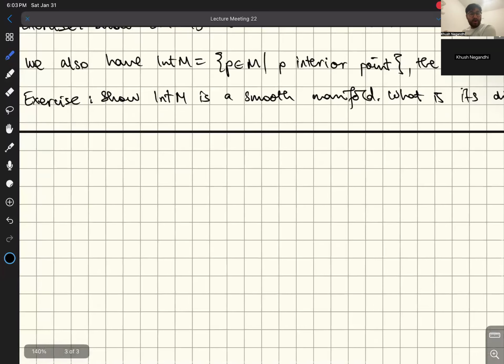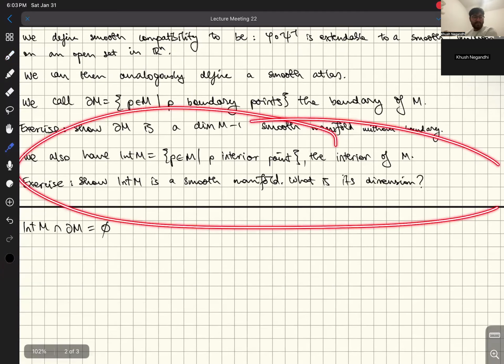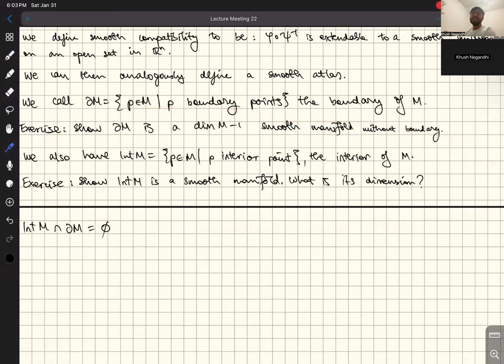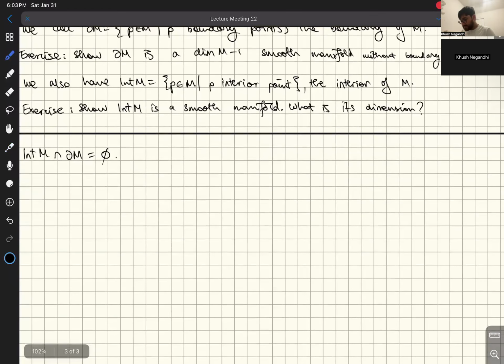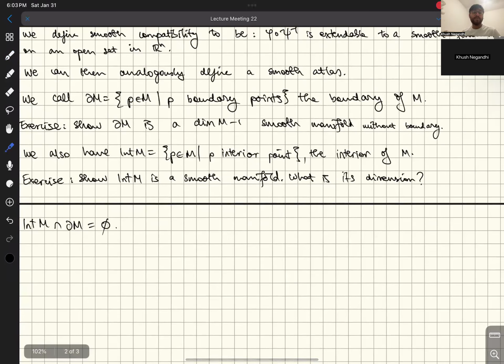It is a non-trivial fact, in fact, that the interior of M and the boundary of M are disjoint. But once you prove this stuff, it should become pretty clear that they can't intersect at any point, because then by invariance of domain, I think, you would get things that clash. So, we now have an operation on the category of smooth manifolds with boundary. Also, smooth functions are defined analogously: you take the coordinate representation of the function, and then you say that I should be able to extend this to some function on some open set in Rn,